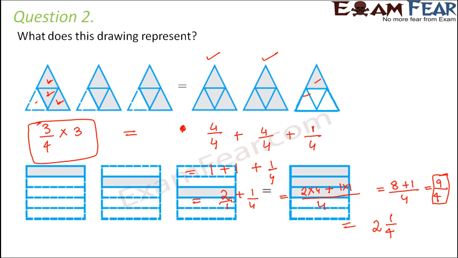So we still have another image. I'm sorry I have written over it, but I think it is still manageable. In the first figure there is one part shaded, one part out of 1, 2, 3, 4, 5 parts. So this represents 1 by 5. Here also one part out of 5 parts, and here also one part out of 5 parts. So 1 by 5 multiplied by 3 is equal to, in this case, 1 part, 2 parts and 3 parts, so 3 parts out of 5 parts are shaded. So this represents 3 multiplied by 1 by 5 is equal to 3 by 5.